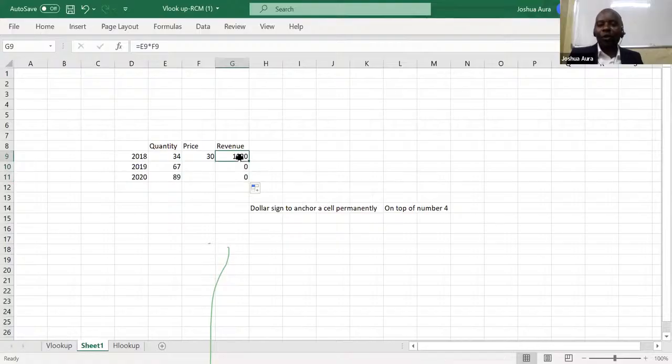Now listen to me very well. When I come and say equals there, and I say I have this 34 times this 30, I'll be able to get 1020. But as I remember, I would want this 30 to be used across in all other rows. And this 30 is the one that we said is cell F4, cell F9. So then I need to come back to my cell with an answer there,